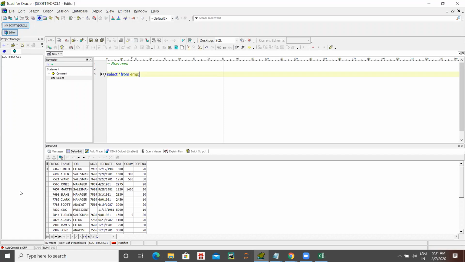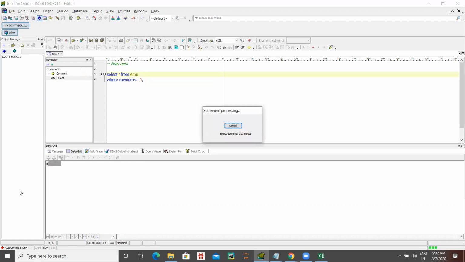So you can write select star from employee where ROWNUM less than or equal to 5. ROWNUM is a single word. Semicolon. Remove the above semicolon. Run it.